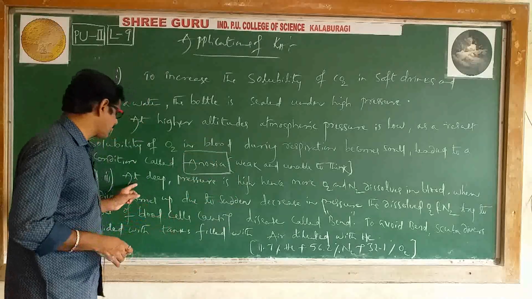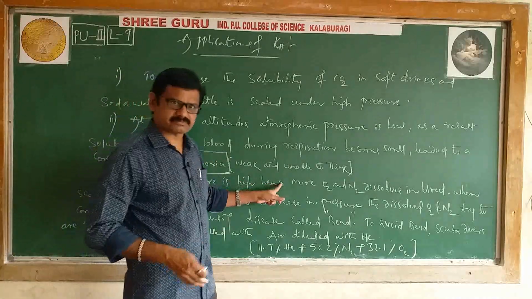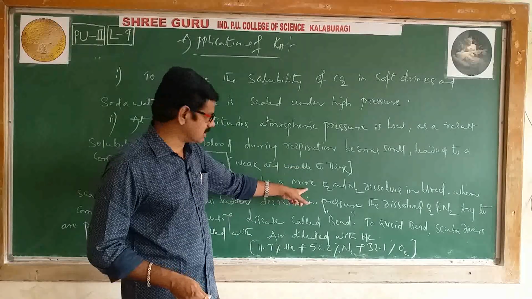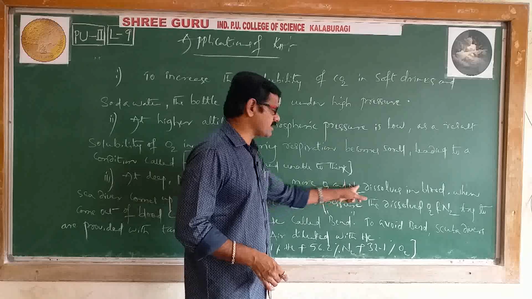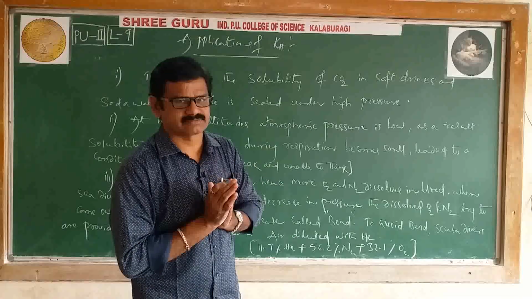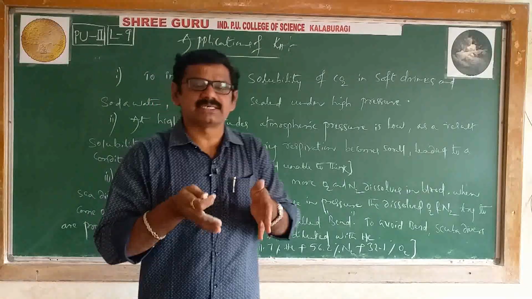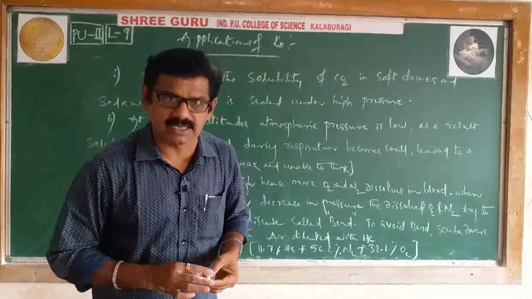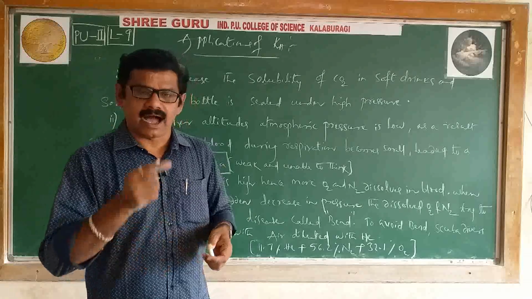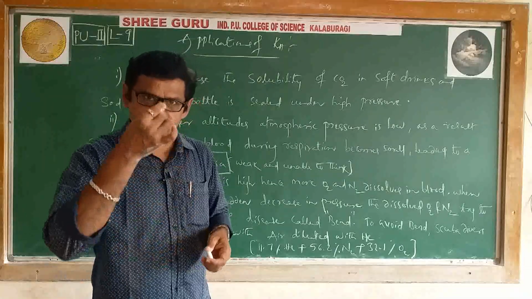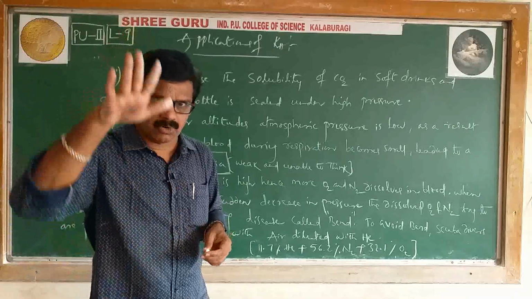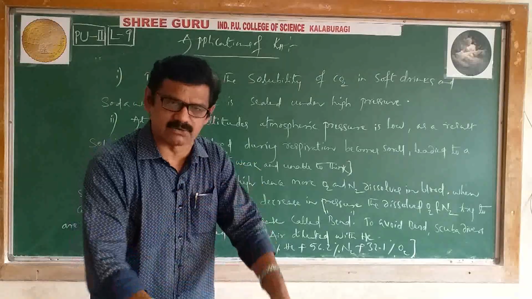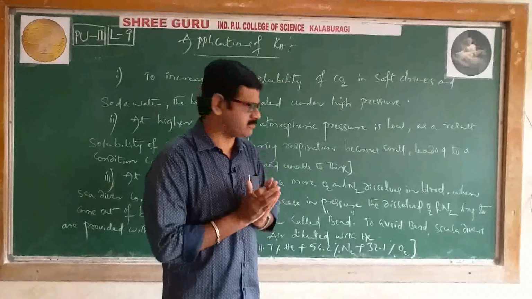What happens? Let's see now. At deep, pressure is high. Because of higher pressure, more oxygen and nitrogen will be dissolved in the blood. I'll repeat. When a deep sea diver enters the deeper area, because of high pressure, from his air tank, oxygen and nitrogen will enter the blood. More pressure, more oxygen and more nitrogen is dissolved in the blood. Okay, then what is the problem?